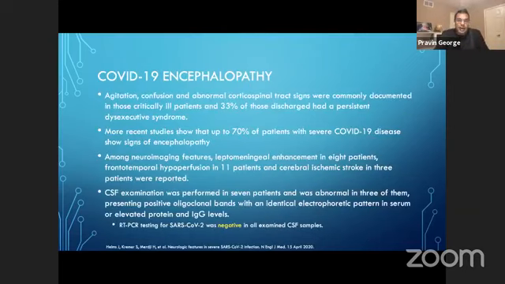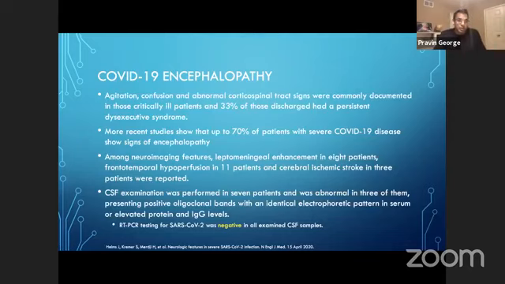A lot of patients have this encephalopathy associated with COVID-19, and this is more and more realized, probably as into June, August, and even into this month. We're seeing patients that are agitated, confusional, and there are abnormal corticospinal tract signs being seen. They're documented